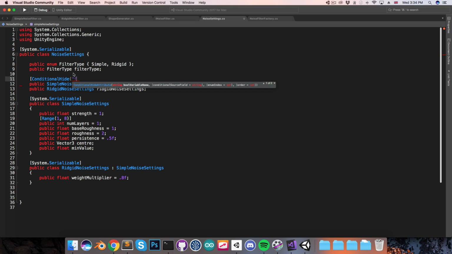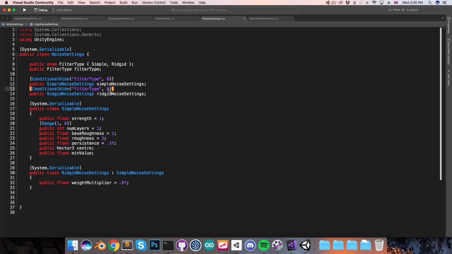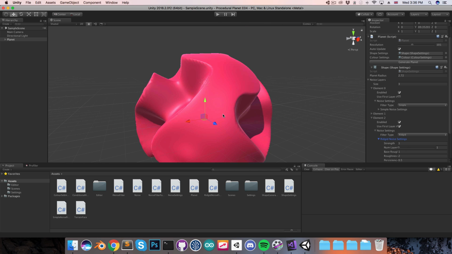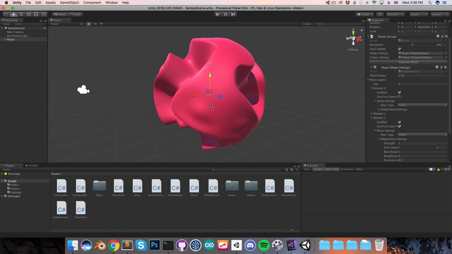So we want to hide this based on the value of the filter type variable, and we want it to be displayed only when the enum index is 0. In other words, it is the simple filter type. Then we can just copy this for the rigid noise settings, and this should be displayed when the enum index is 1. Okay, so we can save that, go into Unity, and once this compiles, we should see that when it's simple, we have the simple noise settings displayed here, and when it's rigid, we have the rigid noise settings displayed. Okay, so I think that's quite nice, but in the process, unfortunately, I have lost the planet settings,